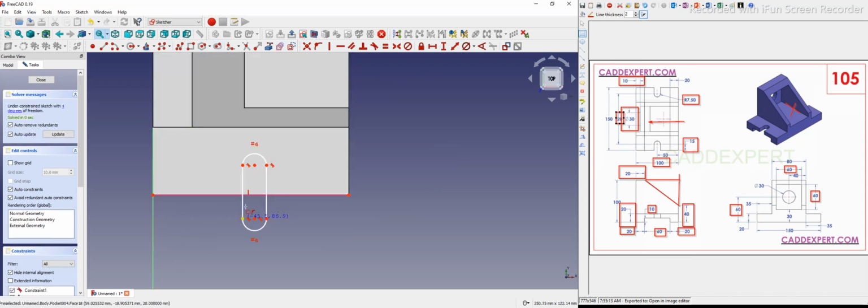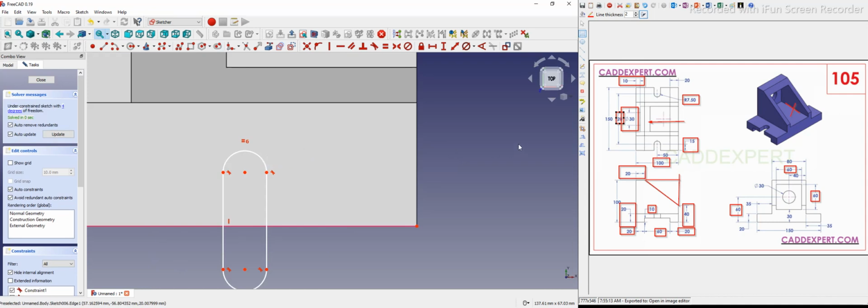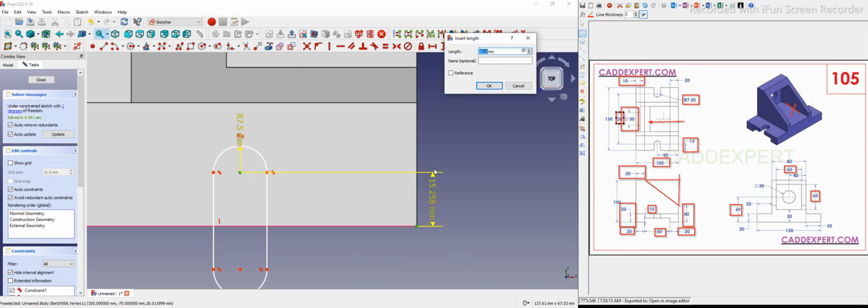I will draw the slot, and I will give slot radius. Select slot radius and give it 7.5, and from edge it is 15. So I will select this point and this point, give vertical dimension of 15,